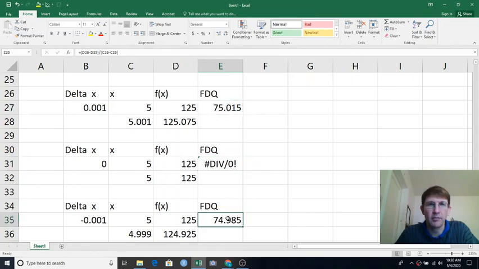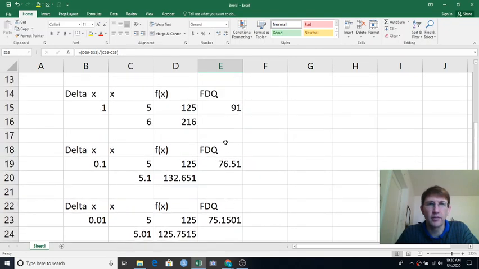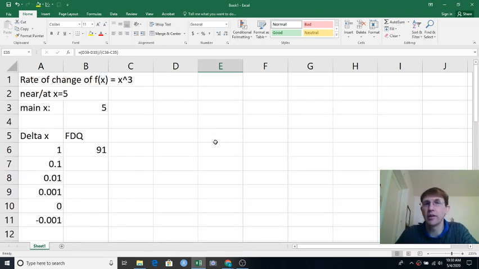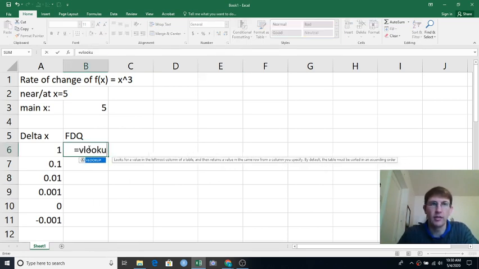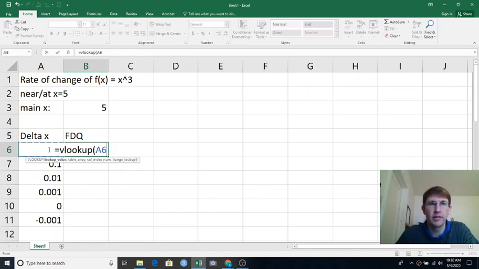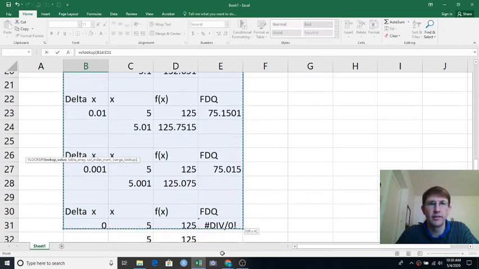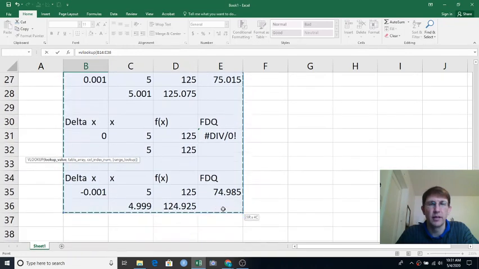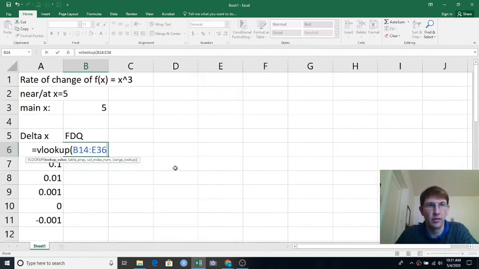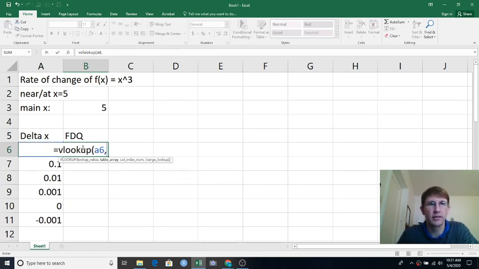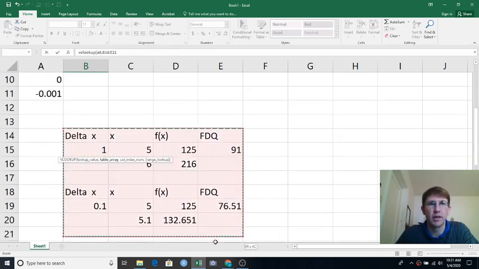It'd be nice to have all these numbers right next to each other so I didn't have to scroll past them. So I'm going to show you a skill right now that is completely not required for our class, but it is a really handy Excel skill. It's called VLOOKUP. So I'm going to say VLOOKUP. I'm going to say look up this delta x number in this big block of cells. Let me try that again. You look up this value in A6 in this big block of cells,